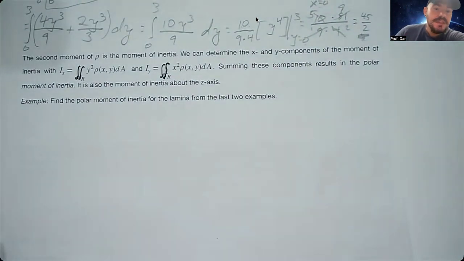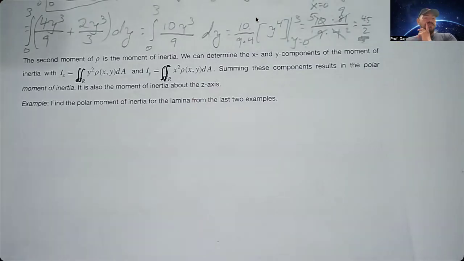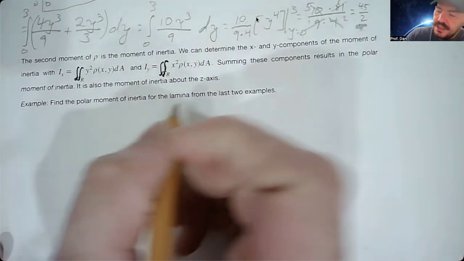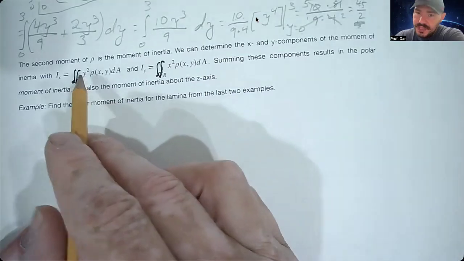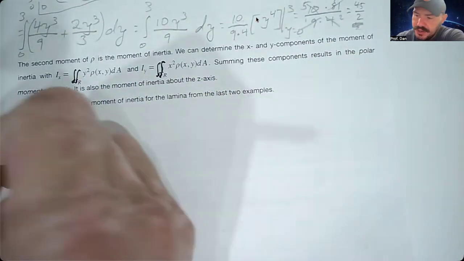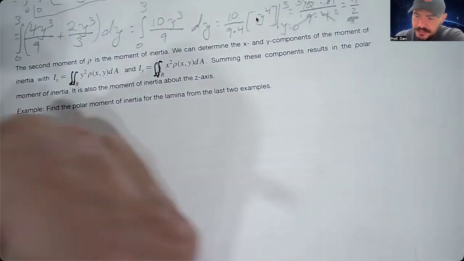All right. So, for the next example, we want to find the polar moment of inertia for the lamina from the last two examples. So we're still using the same setup, right? But now the integrand is going to be different. So starting off with the x component, which will,